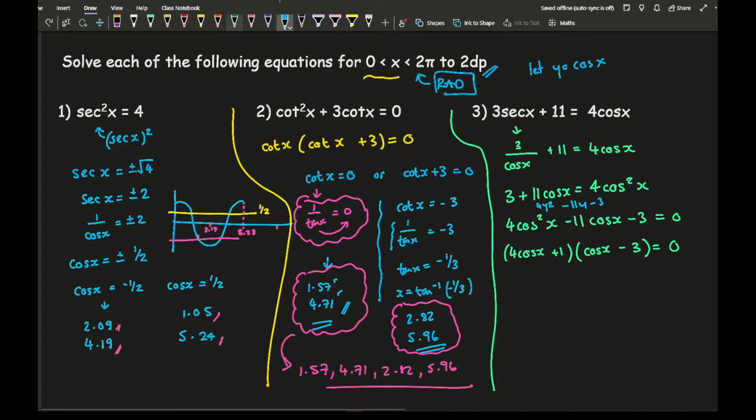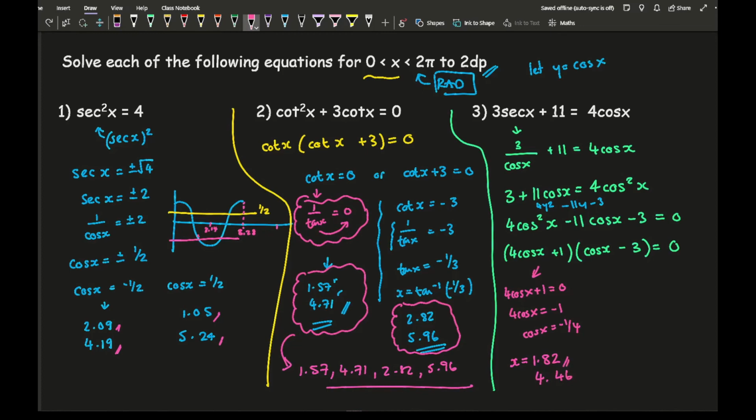So let's go on to solve this. Looking at this one here, I've got 4 cos x plus 1 equals 0. So I've got 4 cos x equals minus 1, and then cos x equals minus a quarter. Now from this, I can go on to solve that and find the values. Again, we're working in radian mode. So using my calculator, I get my first value being 1.82. And I'm using the graph to find the second angle. I get